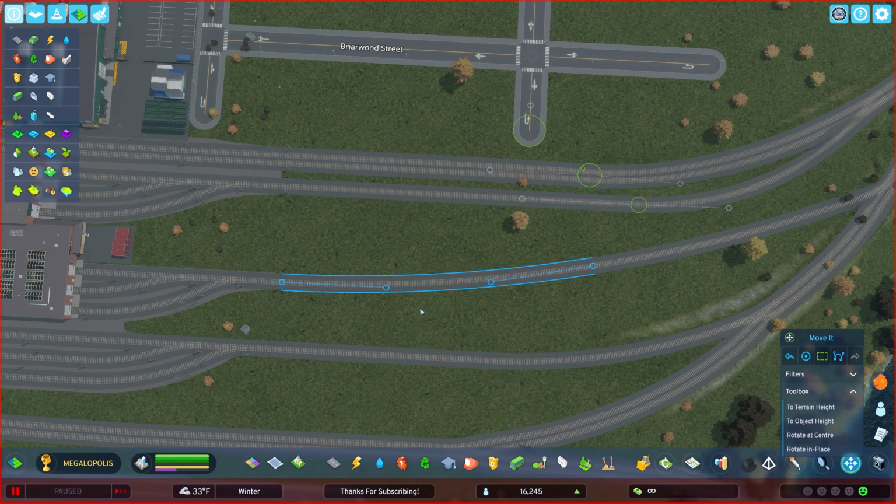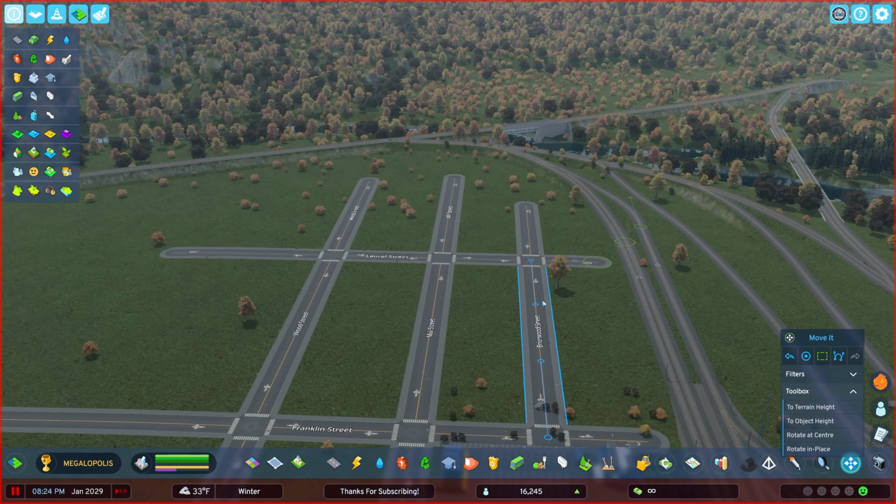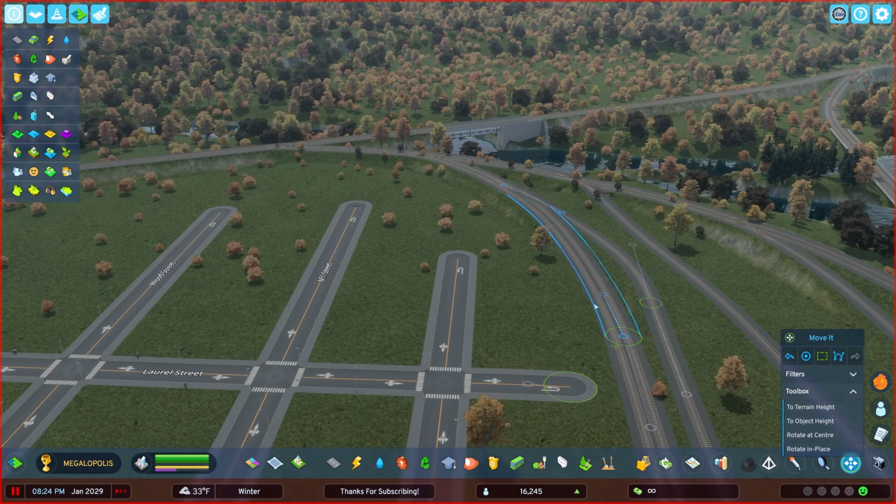Terrain height. Yeah, I mean, that just already feels...